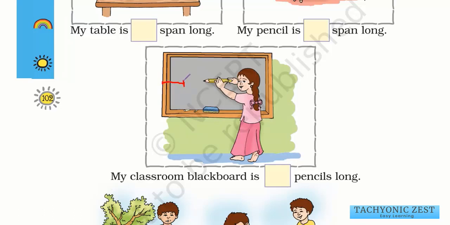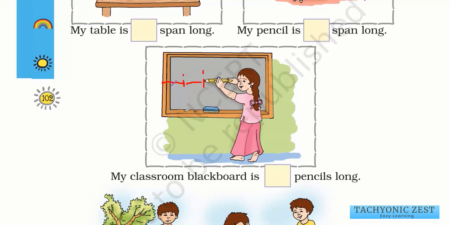So what she'll do is, then she'll mark this point with a chalk, then she will take the pencil again and put one end of the pencil here and the other end will come somewhere here. So she's trying to measure this whole blackboard using this pencil. So please try to do it. Take a pencil, go to your classroom and try to measure the blackboard there, starting from one end of the blackboard to the other end, and in between keep marking the points.